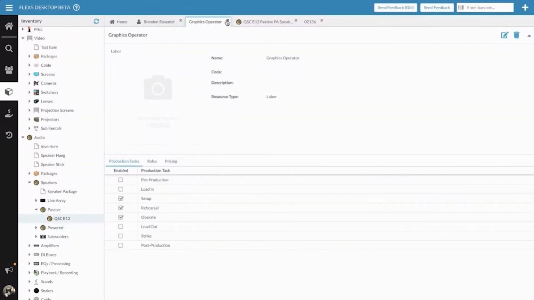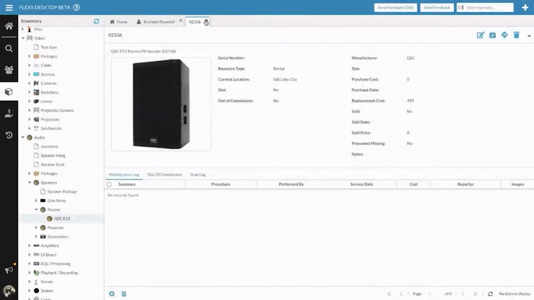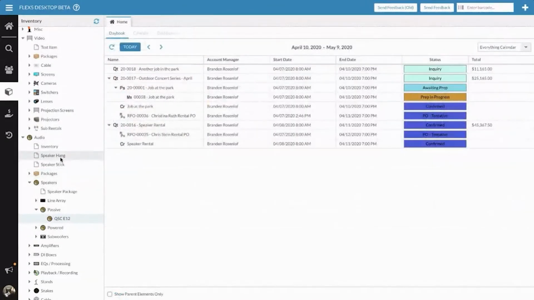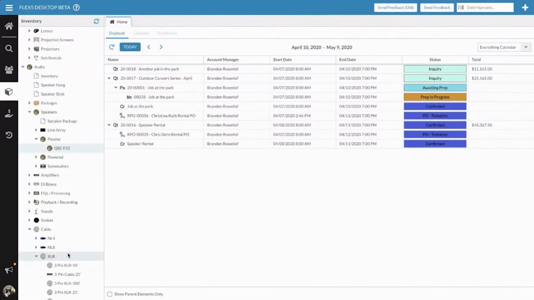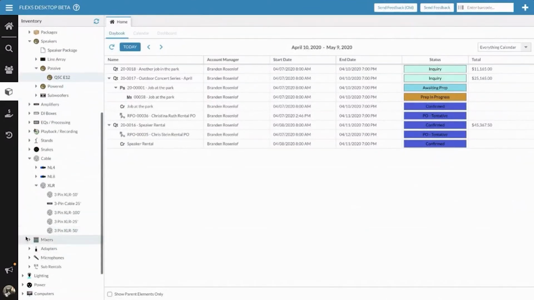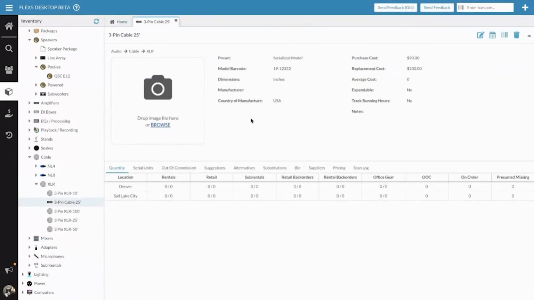The one thing I really want to show you, I'm super excited about this. We worked hard on this, and I think we came up with a really, really good solution that you're going to be very happy with. Let's try, I need to find something that doesn't have an image. I think most of my, well, this one does not. In Flex 4, you might be used to the